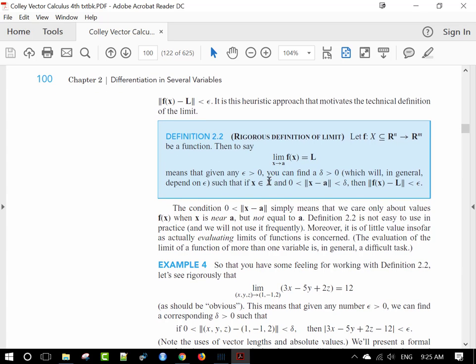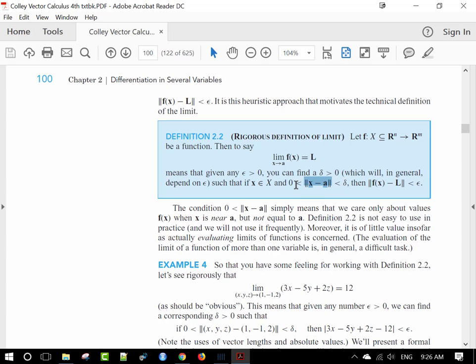So anyway, given any experimental error epsilon greater than 0, we can find a tolerance delta, which will in general depend on epsilon, such that if x is in here, and this is less than that